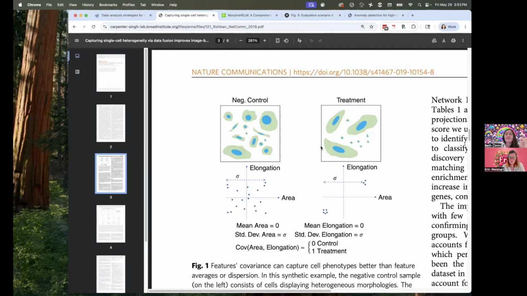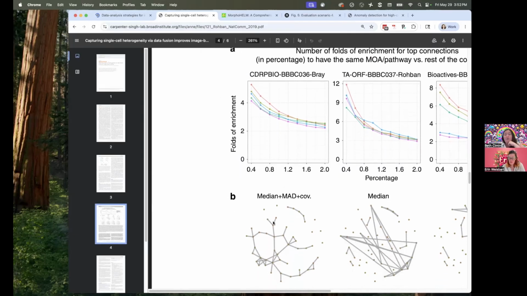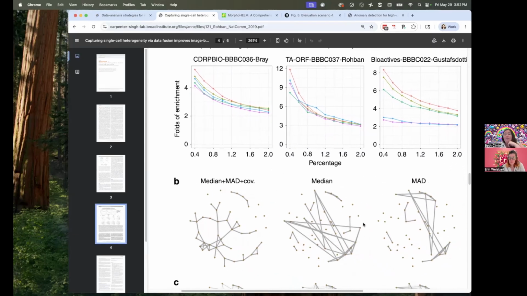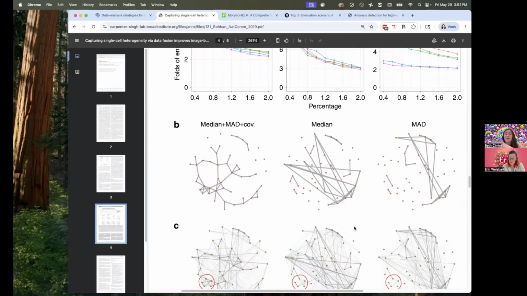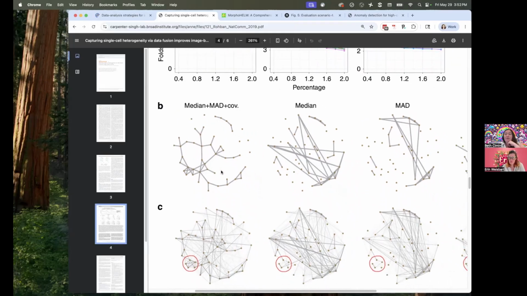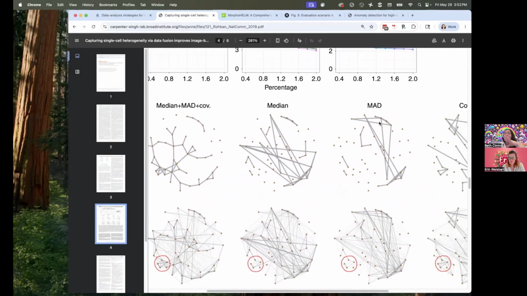So let's throw out looking at these things together, and instead look at how the medians change between all of our samples, which perturbations cause changes in median, which cause changes in MAD, and try to draw connections between samples